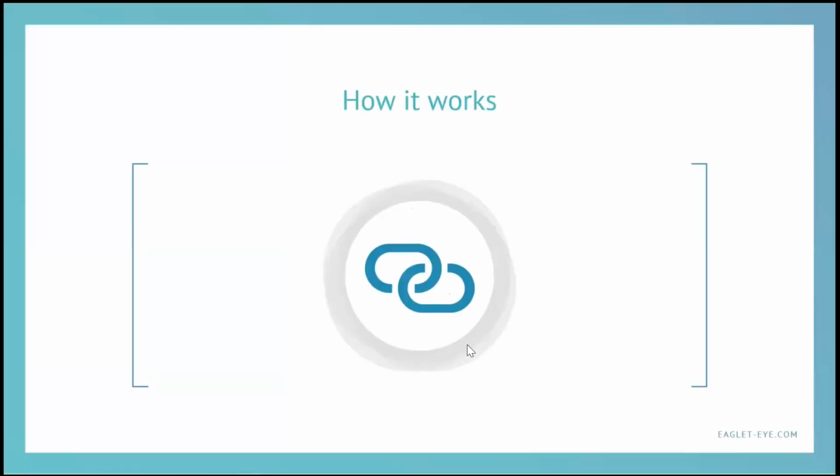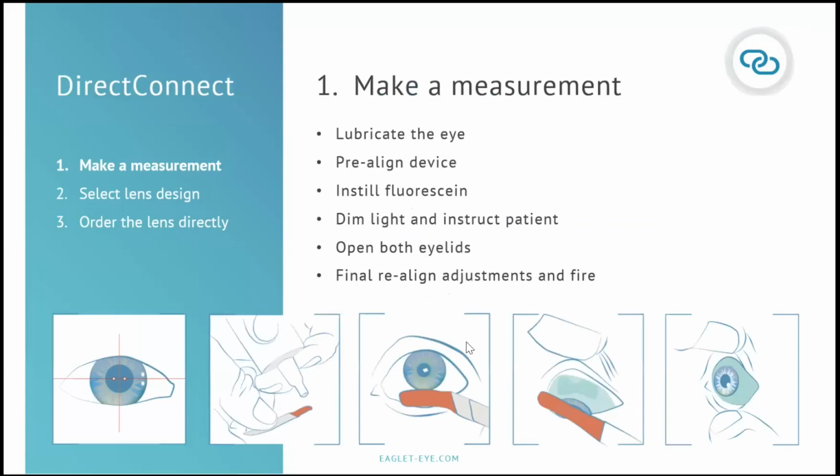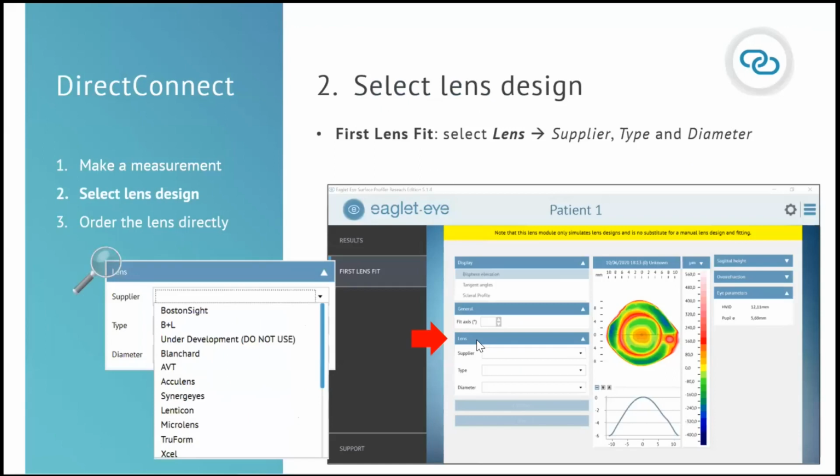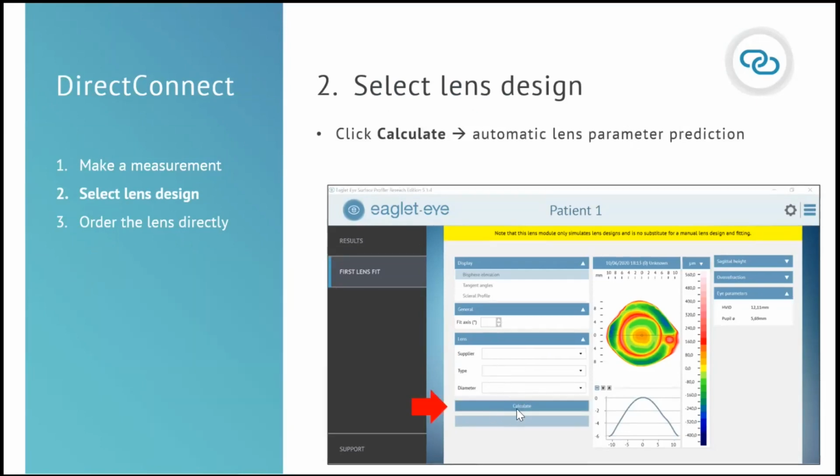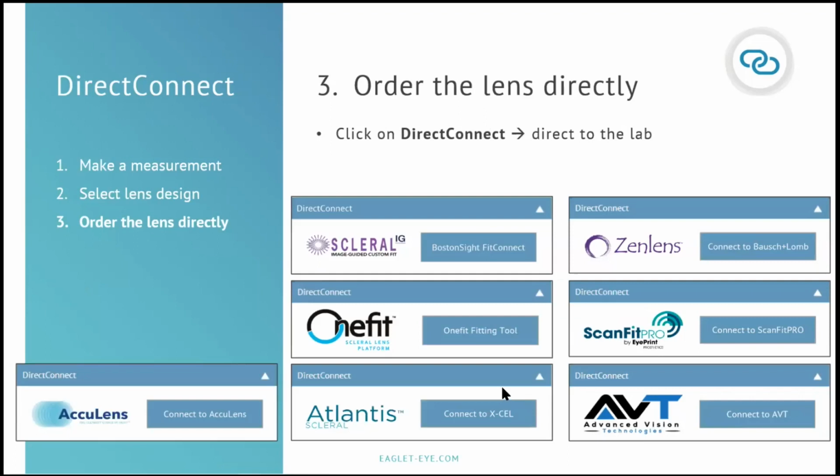How it works, very simple. First you make the measurement as you are used to, the 6 steps. Then you go to the first lens fit part of the software in the ESP, and you can select, as usual, the supplier, the type of lens, and the diameter you want. So this is as usual. And at that moment, like you always did in the past, you click on calculate. But at that moment, the Direct Connect button becomes active. And just by clicking on it,